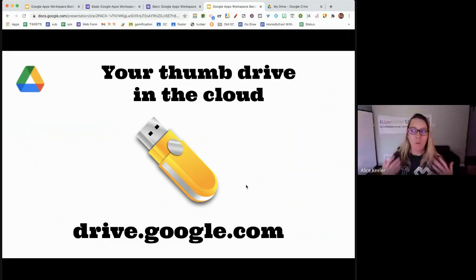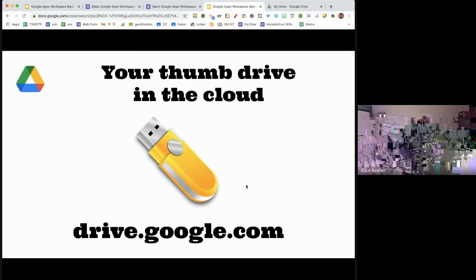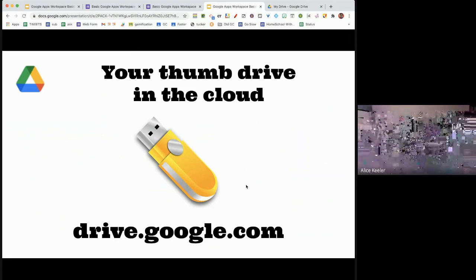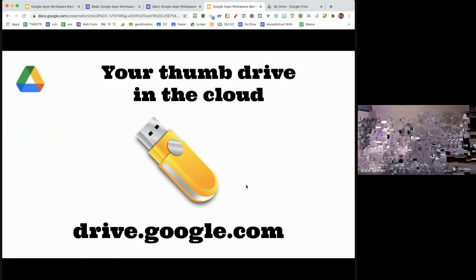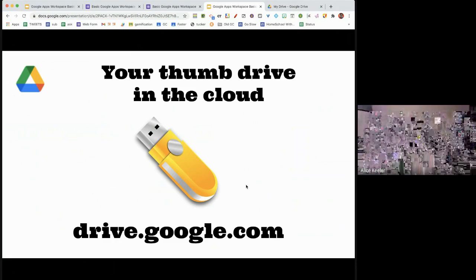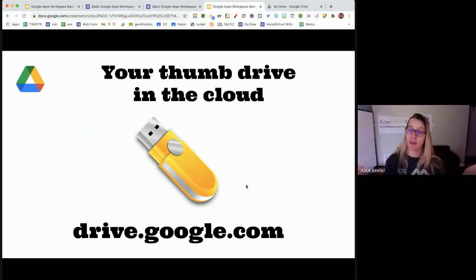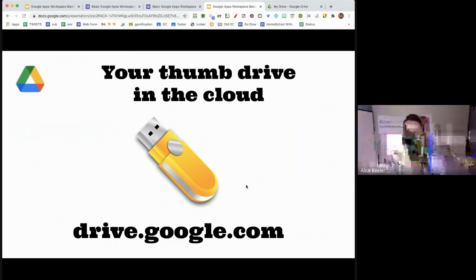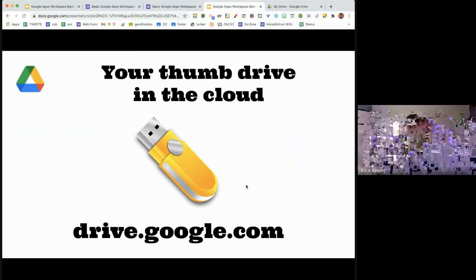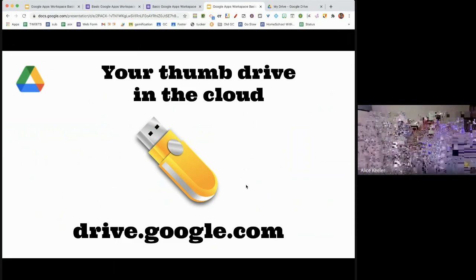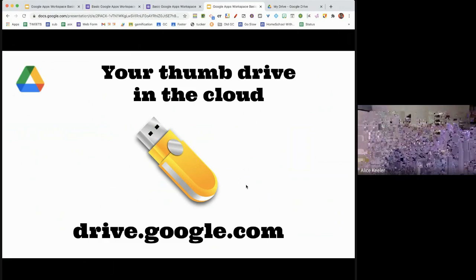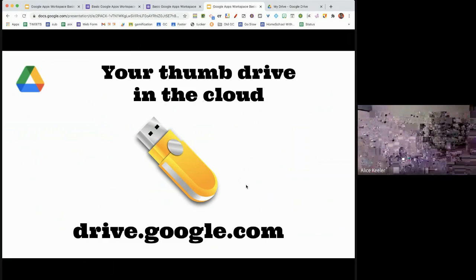So this is one of my main reasons that I'm very staunchly Google Apps, is because I don't want to have files that I'm like, oh, it's on my computer at home. Like, no, if I'm a Google Apps user, all of my files are in Google Drive. They're in what's called the cloud, and I can access them from anywhere, including your devices. So long as I can get on the internet, I am able to access my files. Any country, even China, even though they technically try to block Google Apps, you can use a VPN and get